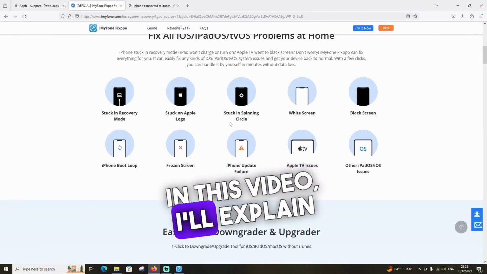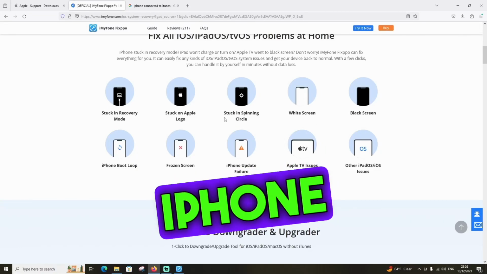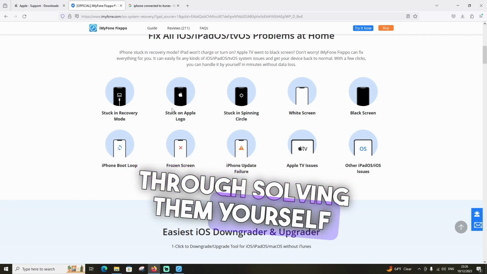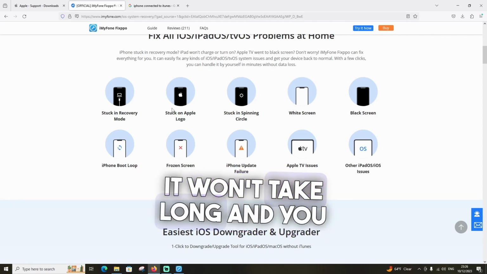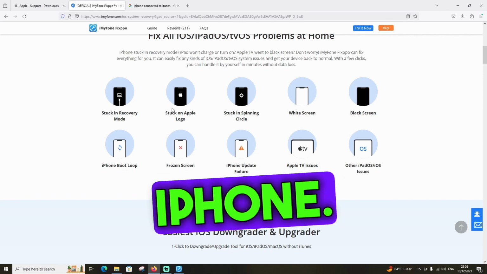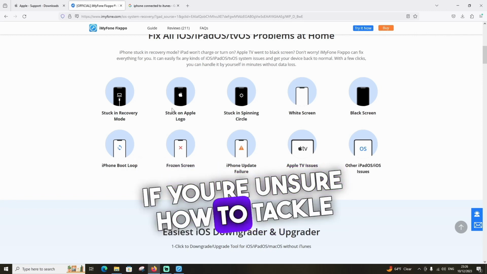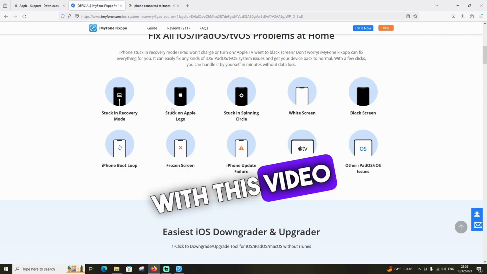In this video, I'll explain how to solve all problems with your iPhone screen freezing. If you're encountering these issues, I'll guide you through solving them yourself in just a few minutes. It won't take long and you won't lose any data on your iPhone. This method won't require formatting your device. If you're unsure how to tackle this issue, follow along with this video and I'll show you how to do